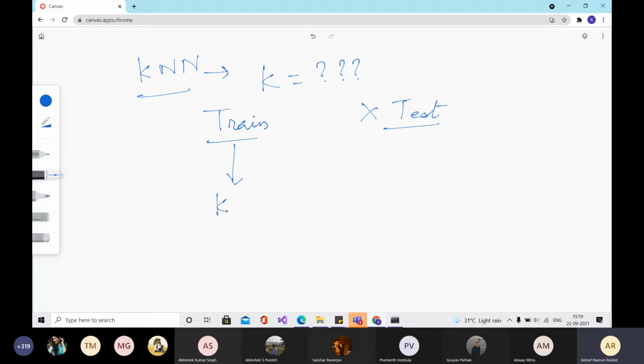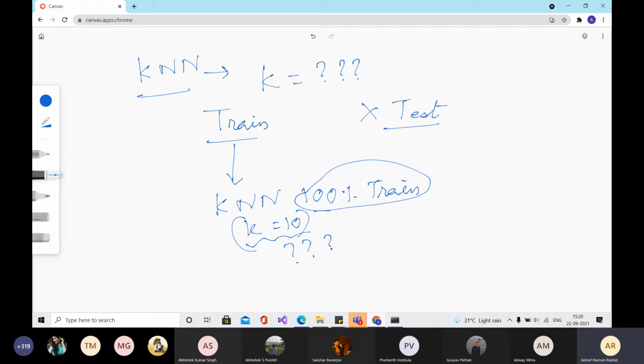You fit your k nearest neighbors to give 100% accuracy on the train set. Let's say k is equal to 10. This gives you 100% accuracy on the train set. So should I consider that k equal to 10 is the most optimal value of k? Are you guys able to get the question that I'm raising over here?